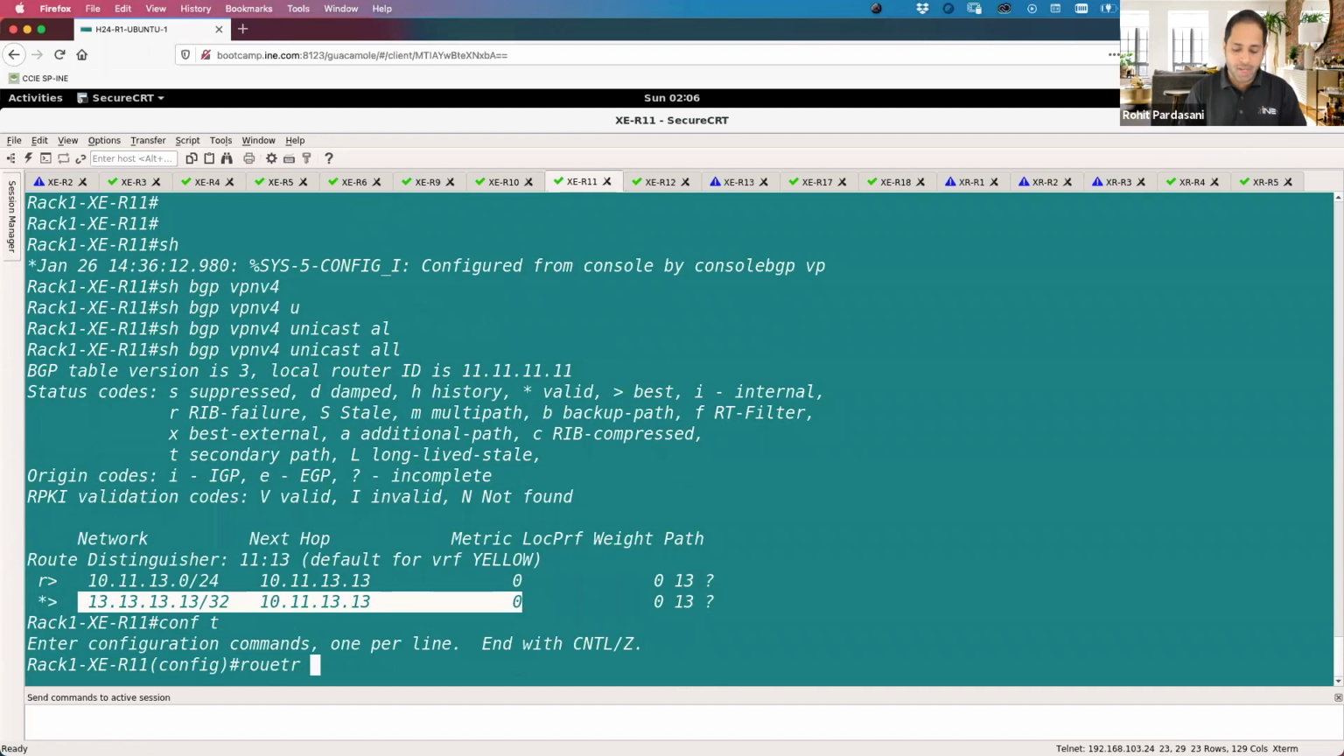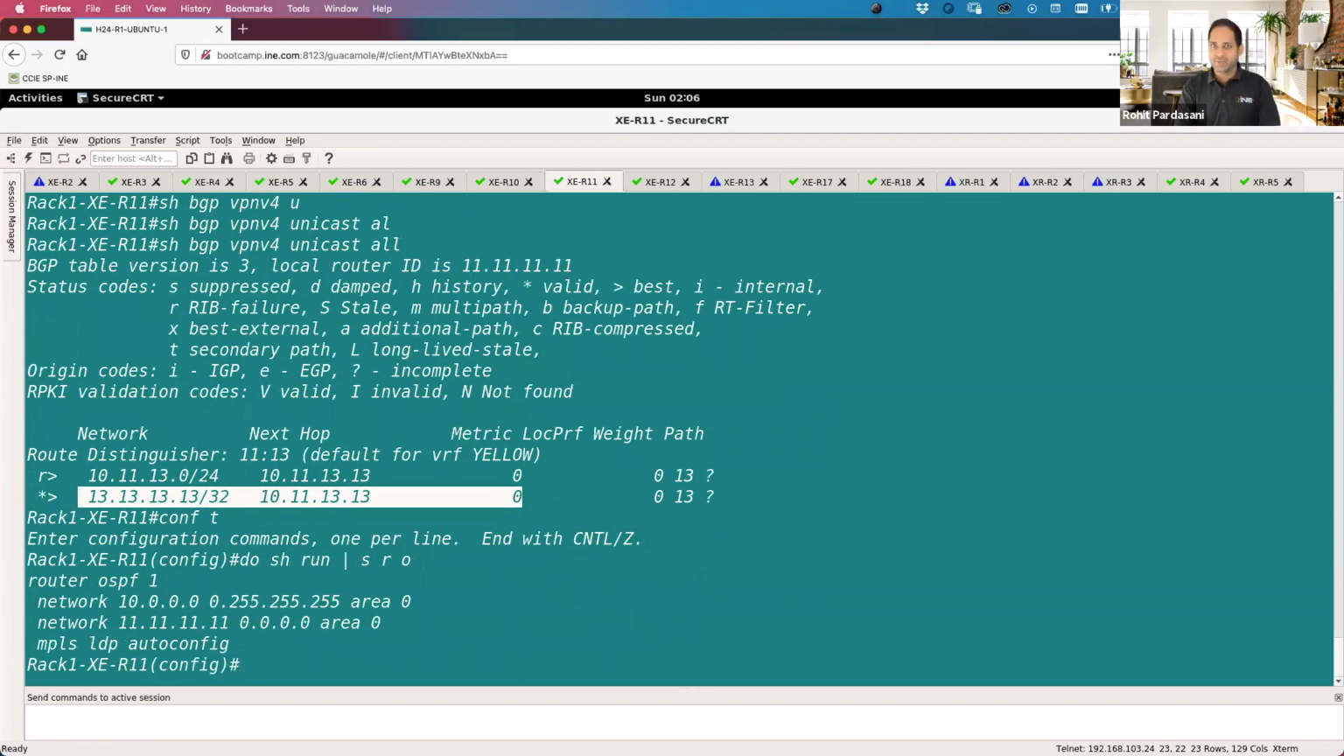So run router OSPF. Now again, be careful with your OSPF process because I'm already running OSPF internally within the ISP. So don't use the same process ID. It needs to be a different process ID and not global OSPF. It needs to be a VRF enabled OSPF. So let's just use router OSPF 11,